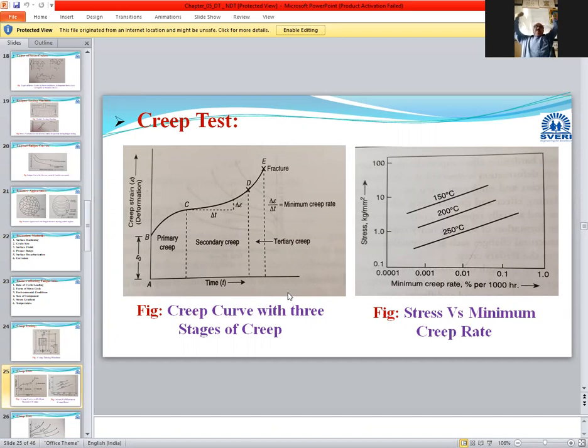This is experimental, but related to your syllabus, what is a creep test? Creep test means we heat the specimen in a furnace, and by applying loads, elongation takes place. In this elongation, initially there is primary creep, after that it is little bit constant with certain variation. So minimum creep rate is delta E divided by delta T, and after this, once the time increases, creep strain increases, and ultimately the component will fracture. So this is the creep test. Next.